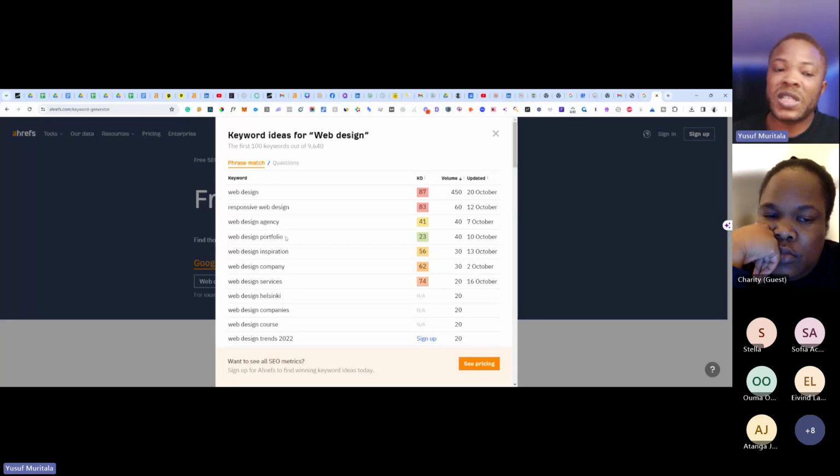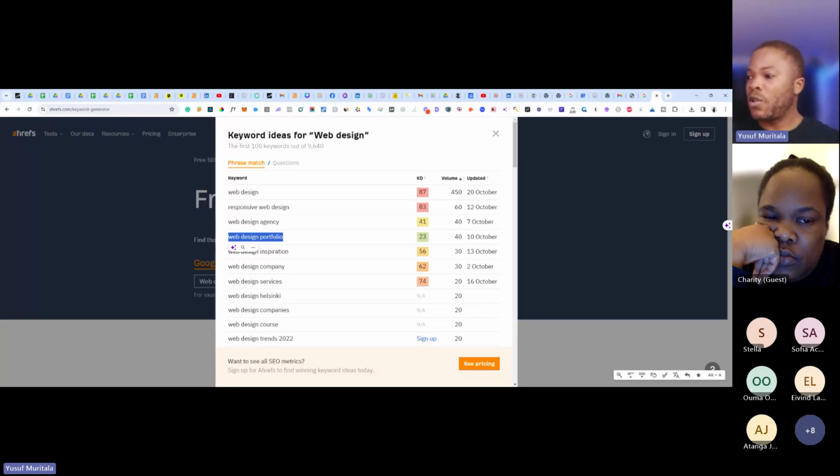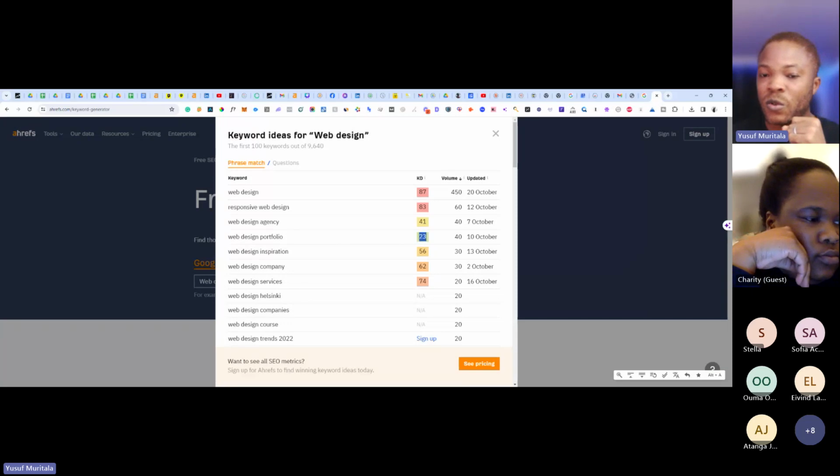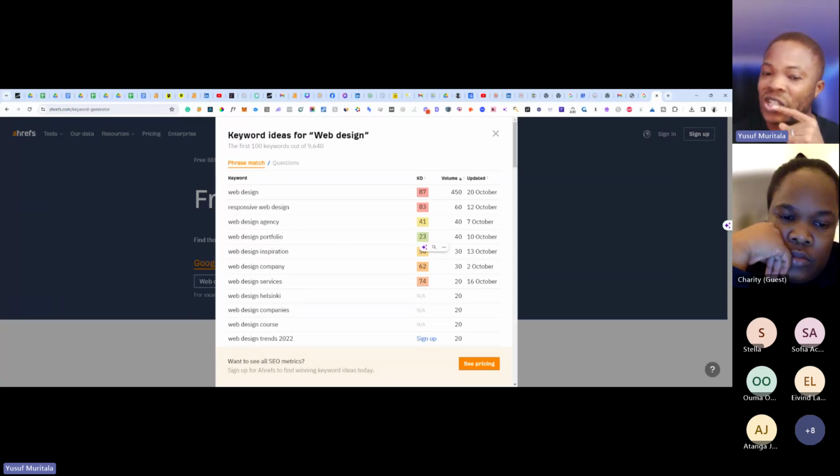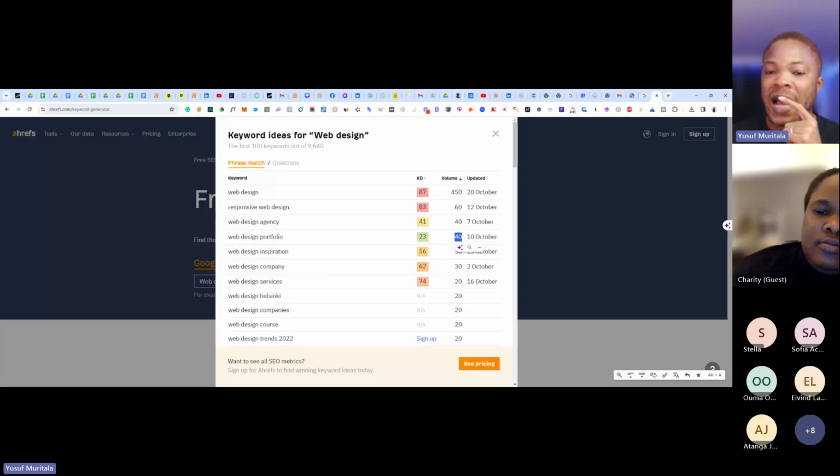So people who are searching for this kind of keyword are those who just want to explore some portfolios of designers around, and then see if they are convinced. Then they can contact you, and you get that lead and that customer. It says it's not difficult to rank in Finland, and the search volume is less, right? It's 40. Just imagine 40 people search this and then they find you, right?